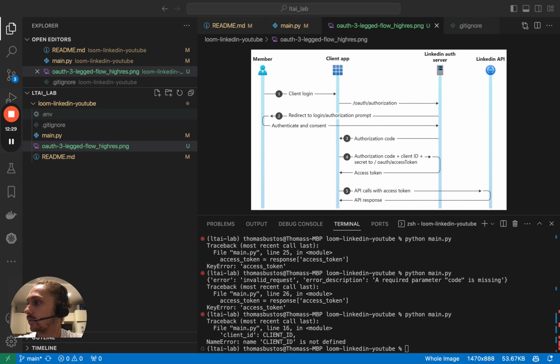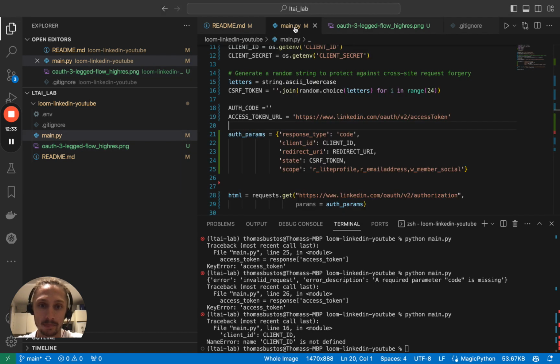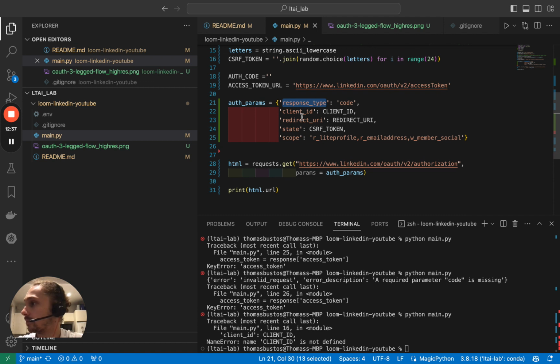We need to put in response type code, client ID, API key, value generated when you registered your application, redirect URI. The URI your users are sent back to after authorization. This value must match one of the redirect URLs defined in your application configuration. For example,